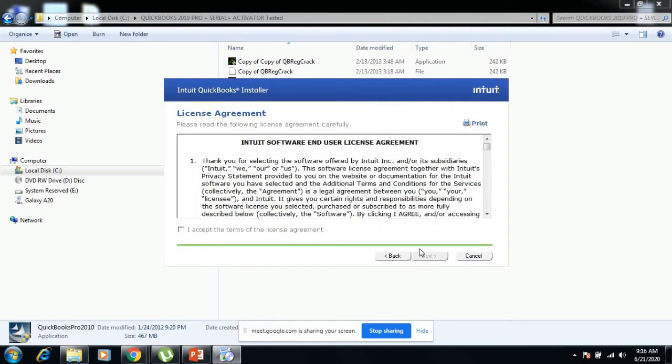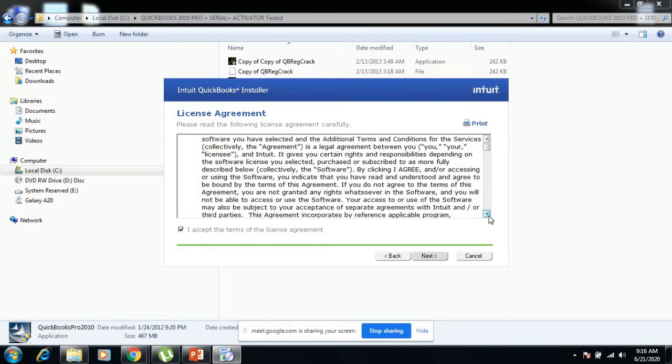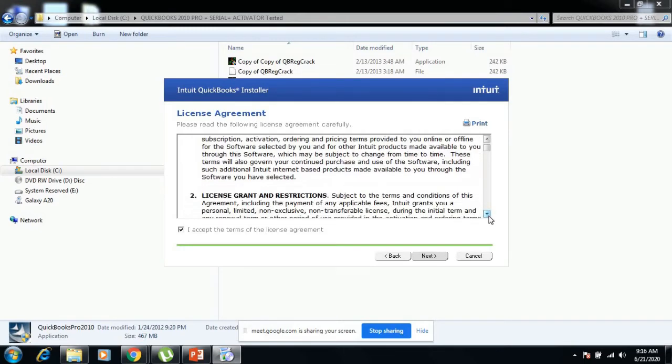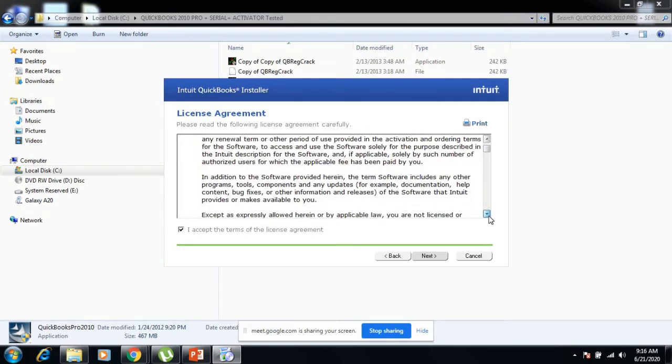And then say next and mark I accept the license agreement. If you need, you can read it by taking time. So after accepting the license agreement, you can again click next.